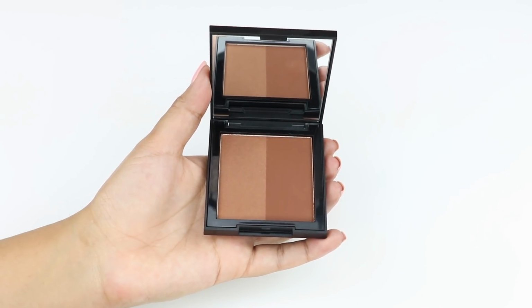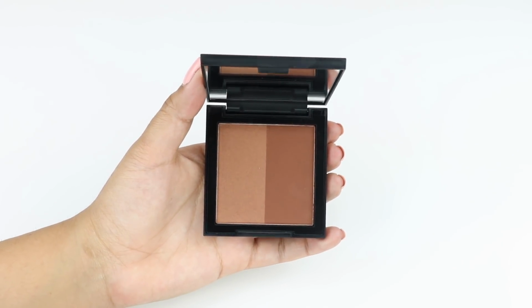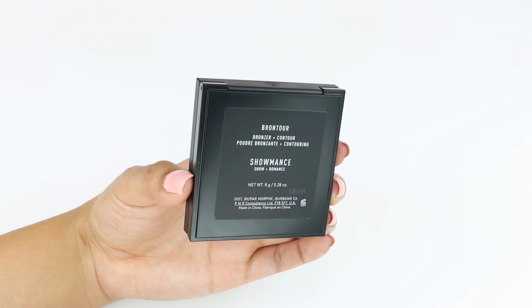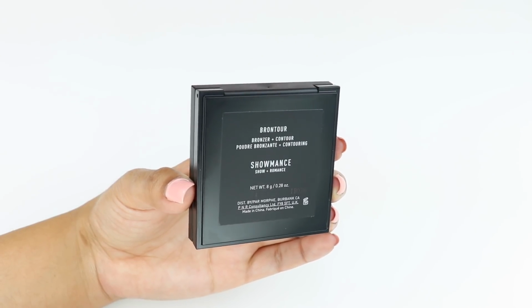So this product is a bronzer and a contour duo. Morphe describes these as a duo that pairs your perfect matte contour shade with the radiant bronzer. They are 8 grams and they come in a matte plastic packaging with the snap closure, and they do include